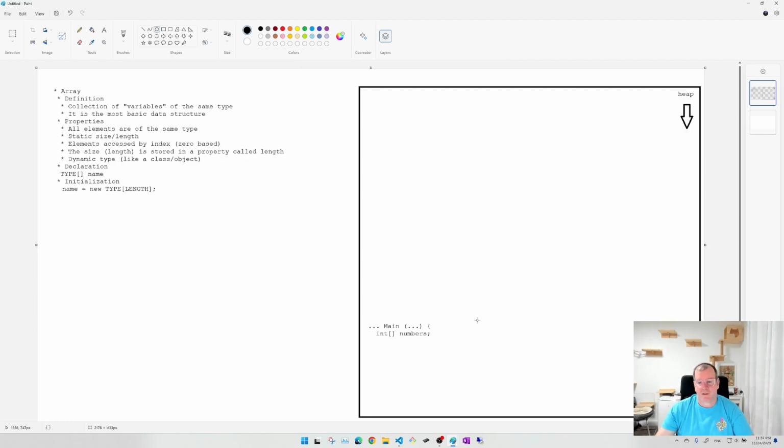Let's draw something like this here, a reference called numbers. Up to this point it is null, there is nothing there. So there is no space allocated yet. We could, in the same line or in the next line,